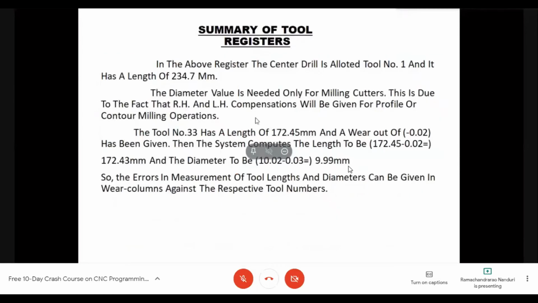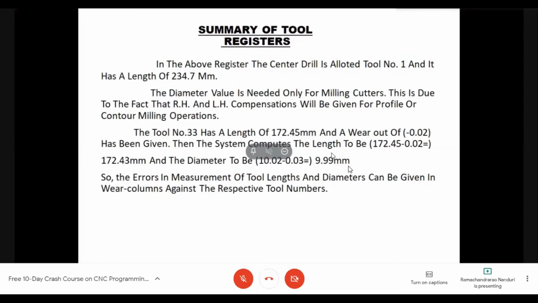The diameter value is only for milling cutters, because while doing milling operations we will be milling various profiles depending on the drawing details, and we will need to give compensation either on the left side or the right side.